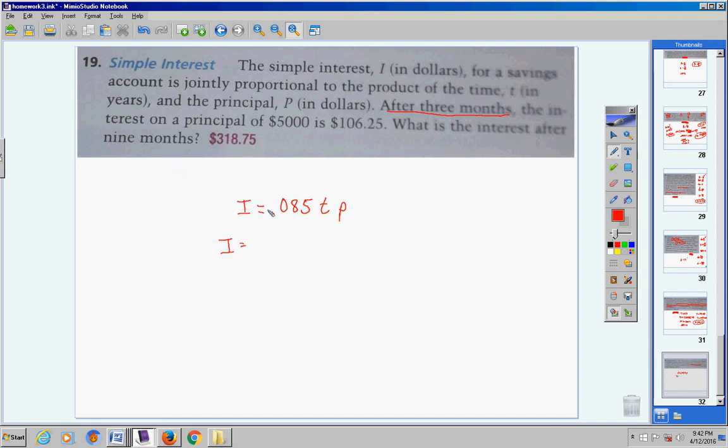after 9 months. Well, listen, guys. The principal is still the same. They're assuming you understand that. The principal stays 5,000. They want to know the interest after 9 months. So your time is 9 months. 9 months is how much of a year? 0.75. How did I get that? 9 over 12, 9 twelfths. Your principal is 5,000. So guys, it's a calculator problem. Simply multiply 0.085 times 0.75 times 5,000, and you will get the correct answer, which is